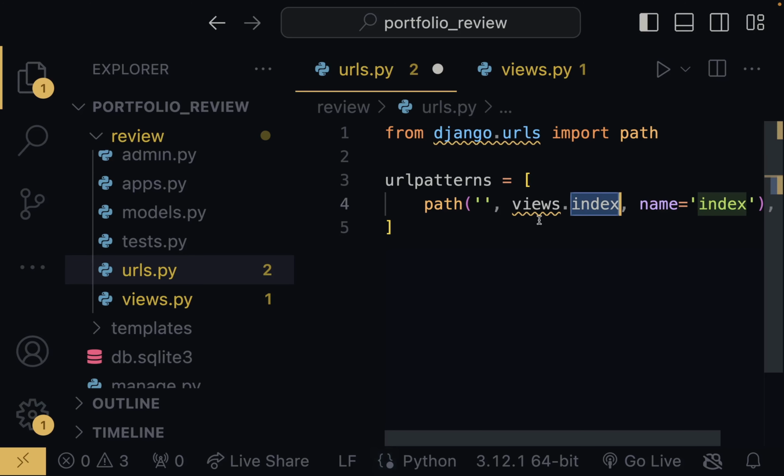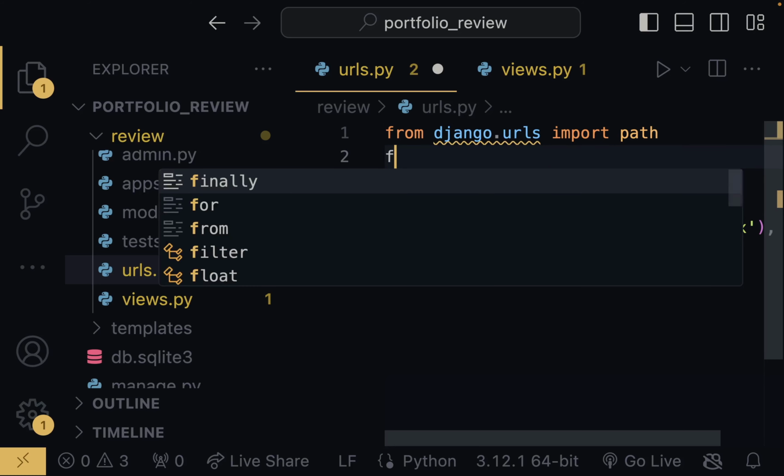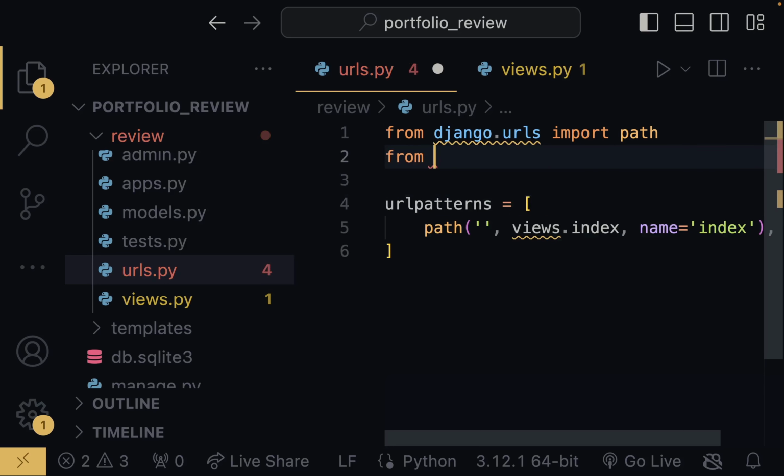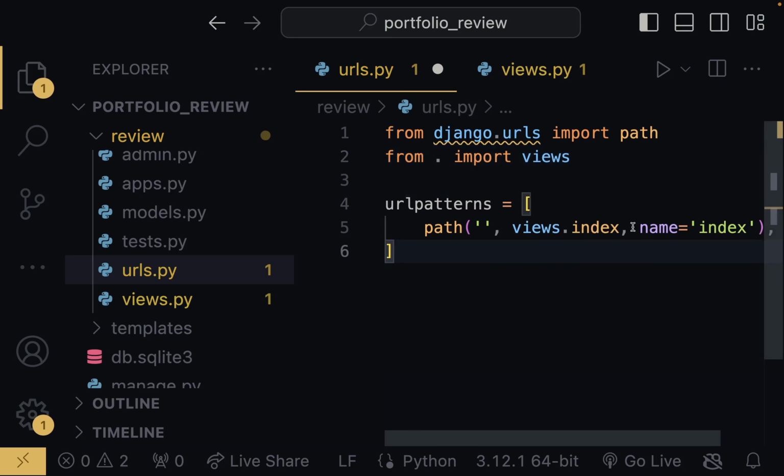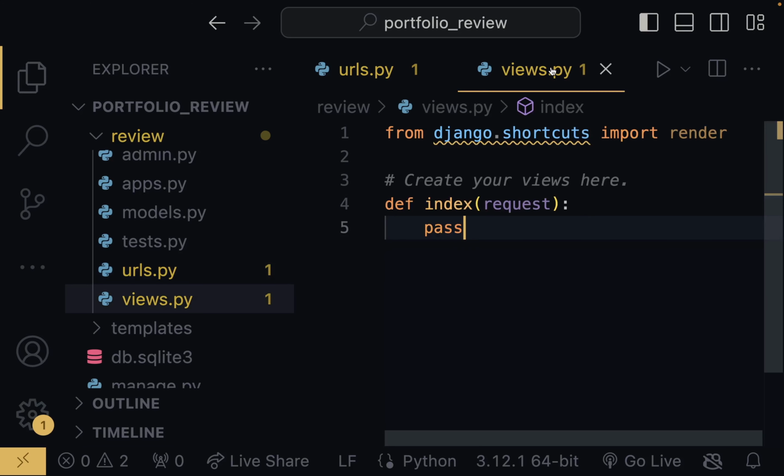And right here in urls, it still gives us an error, but this is because we are not importing views. So I'm going to say from the current directory import views. Now this should solve that. I'm going to save this. I'm going to come in here, and this is already saved, but I'm not going to leave this